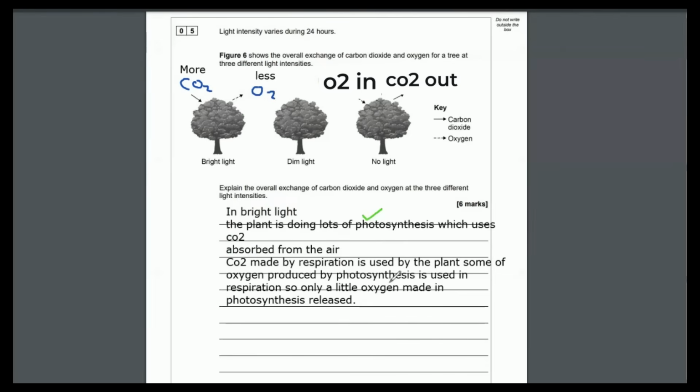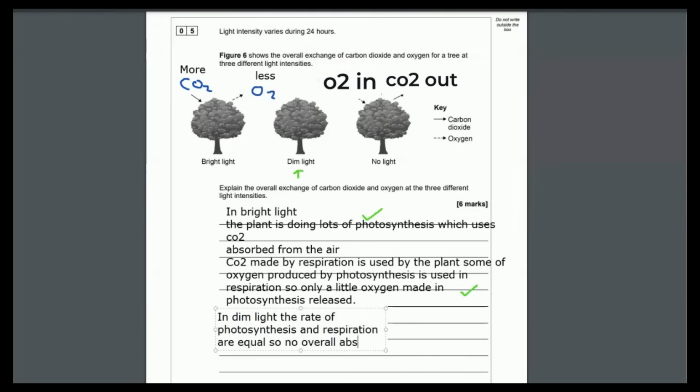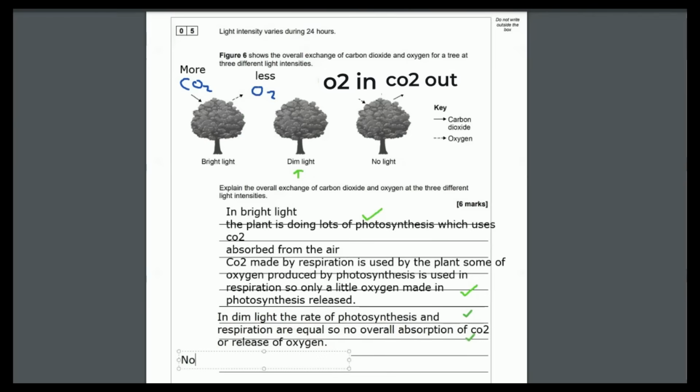We've then got the dim light. If we look at the dim light next and what's going on in the actual dim light, well, there's no arrows in or out. Does that mean the plant is not taking in carbon dioxide or taking in oxygen? Of course not. In the dim light, the rate of respiration and photosynthesis are equal. So the amount of CO2 going in for photosynthesis is exactly equal to the amount of CO2 being released by respiration. The amount of oxygen coming in for respiration is exactly equal to the amount of oxygen going out, which is produced in photosynthesis. So the two rates are the same. So the products and reactants being produced are the same in dim light. We've got no overall arrow going in or out.